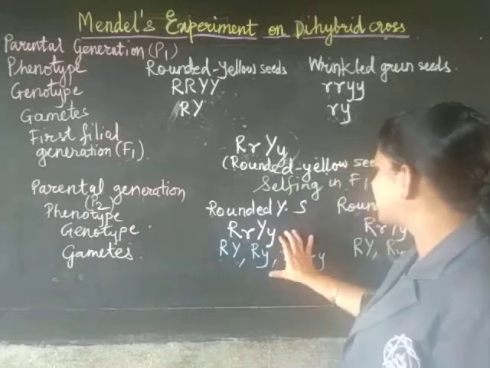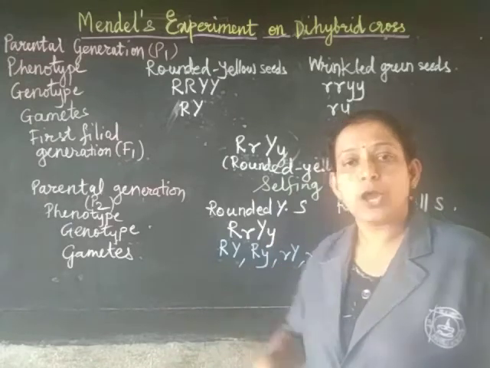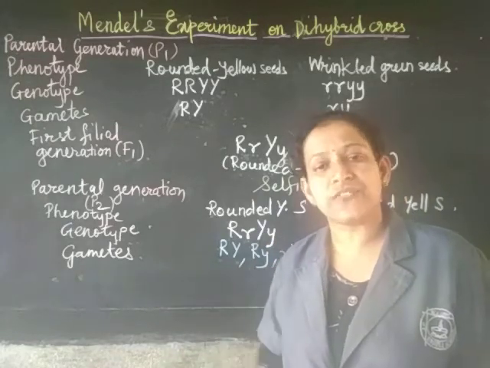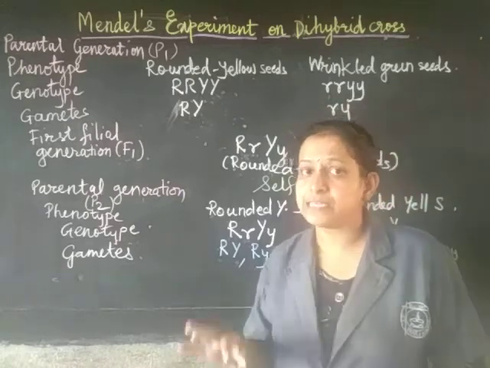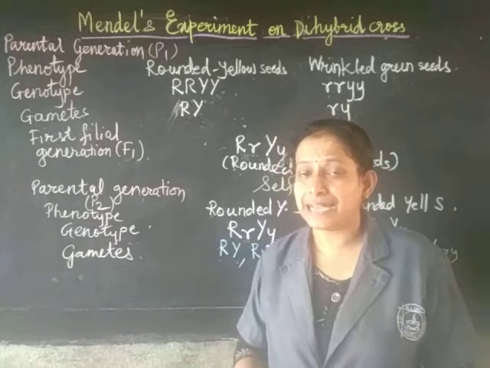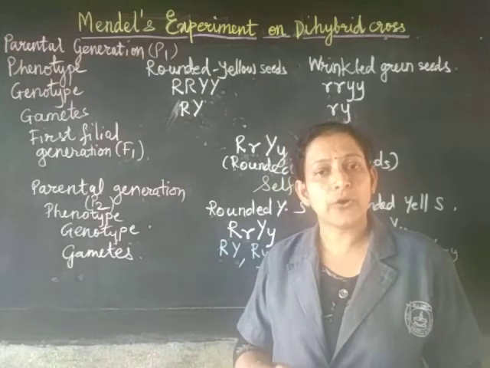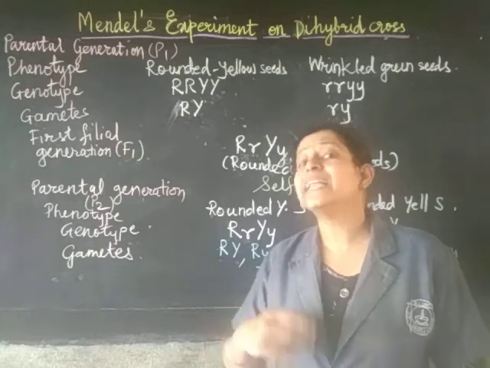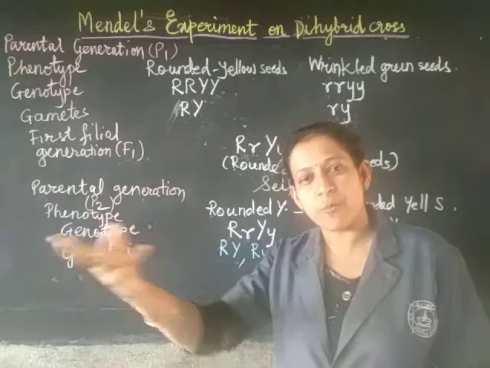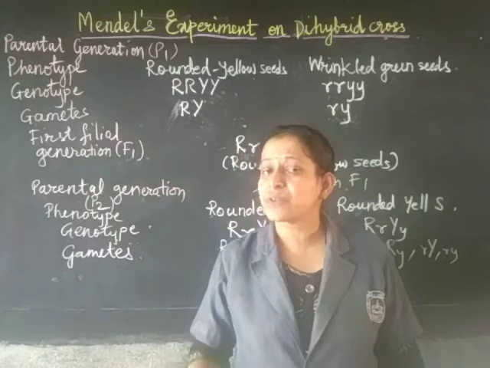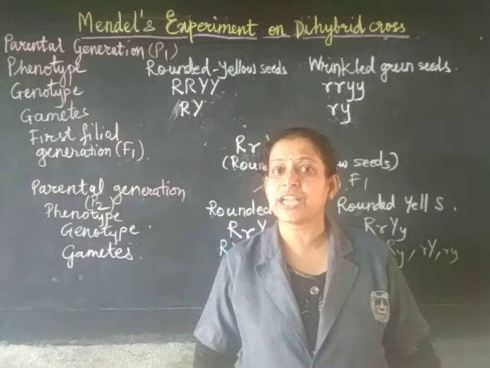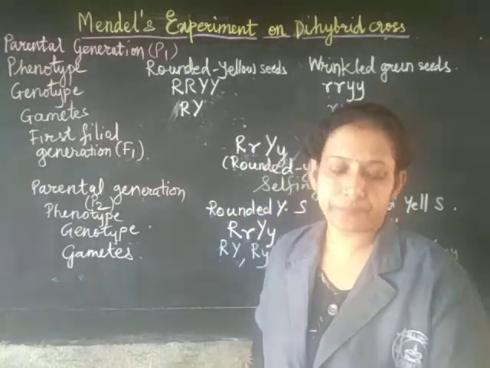Now let's see, when these different gametes are there, what can be the combinations of the characteristics. This combination of characteristics is studied in something called the Punnett square method or checkerboard method, and you will enjoy it because it is just the combination of the different types of gametes. So let's try that in the Punnett square or the checkerboard method.